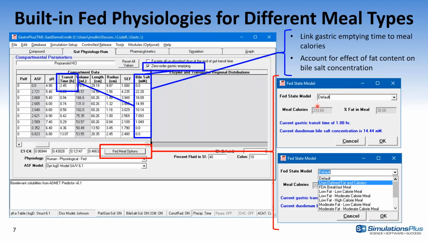So that's where it fills in. When you enter your calories in the meal, the gastric emptying time gets automatically updated. We find much less, but still found at least some information that allowed us to relate the bile salts to the percent fat. So when you change the percent fat, the bile salts will be adjusted.